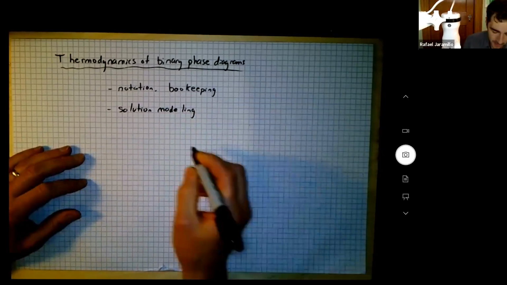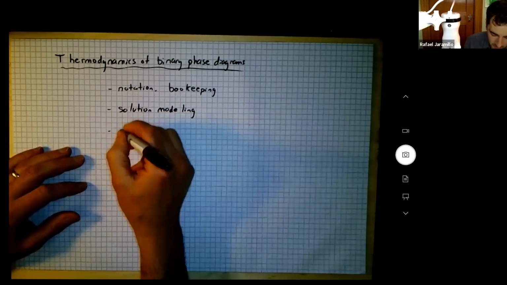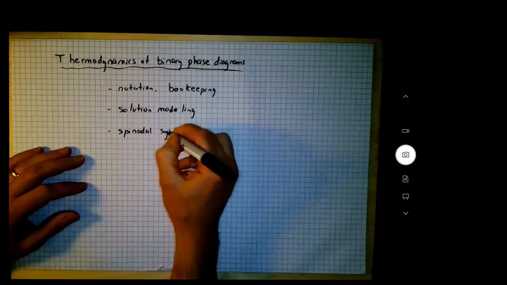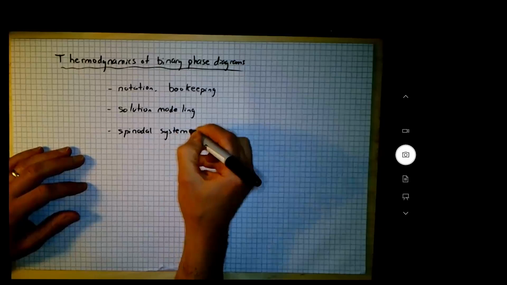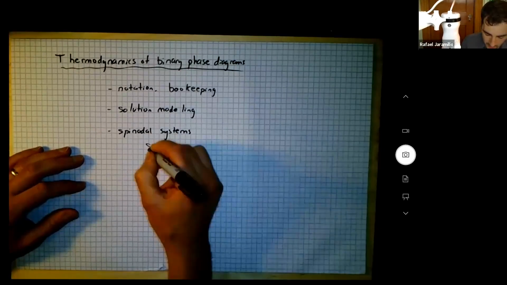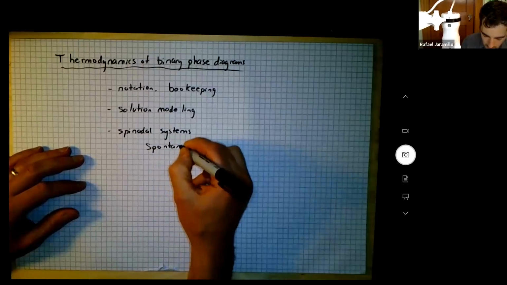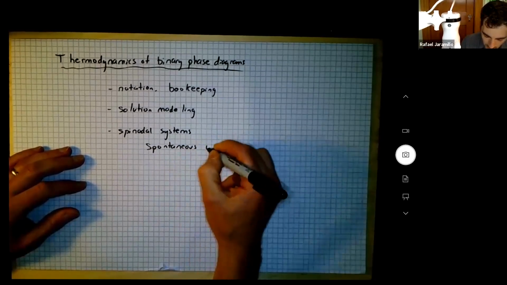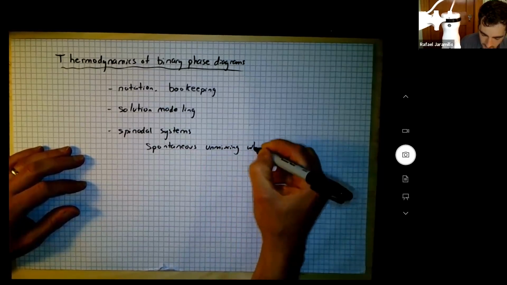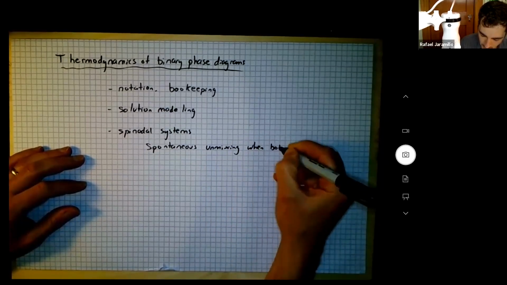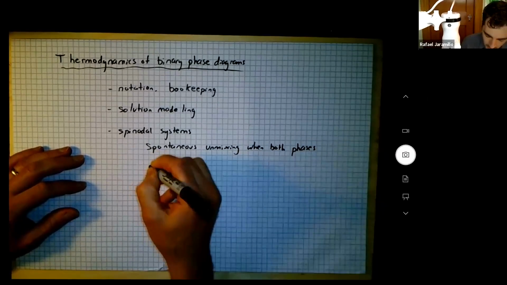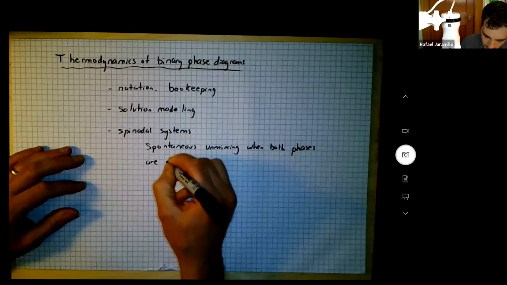And we've talked about spinodal systems in some detail. Spinodal systems, right? And this is spontaneous unmixing, so phase separation, when both phases are in the same